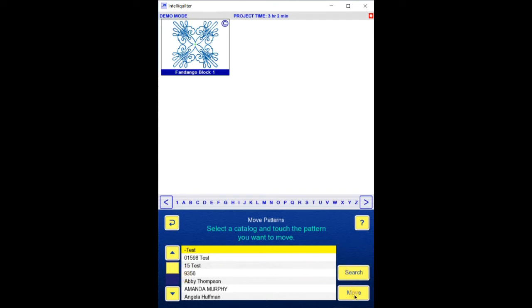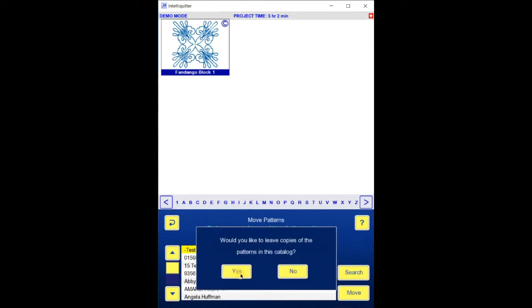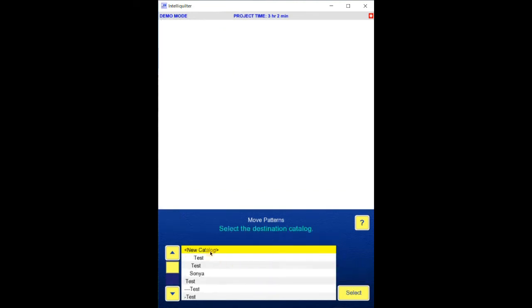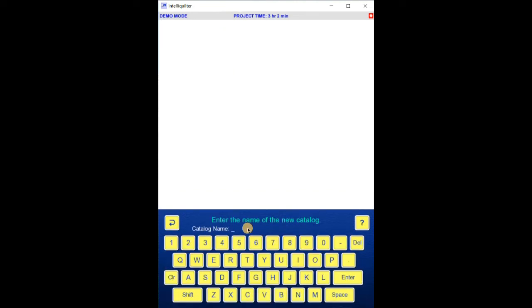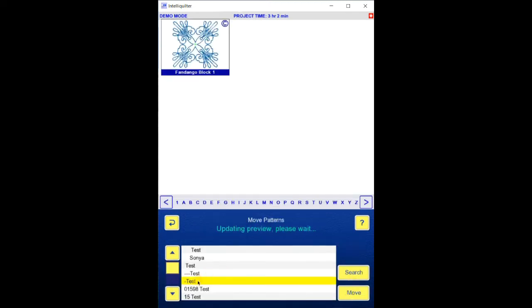So let's just do one of those. Move, yes, yes. New catalog, and let's just enter 9. We could put test behind it or whatever you want, but what I wanted you to see, it's a single digit, so it came first. There aren't any more after it. It's just like if you were alphabetizing something, you're going to look at the short word, like the would come before theme. Okay, now that I probably